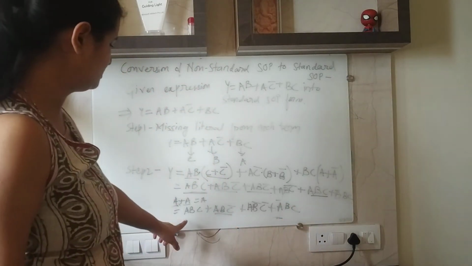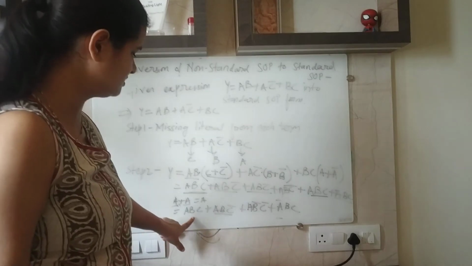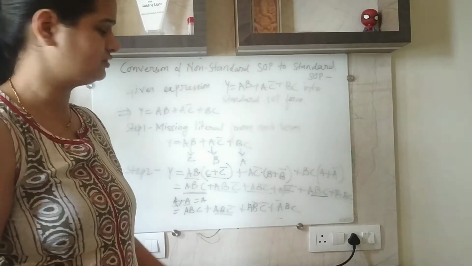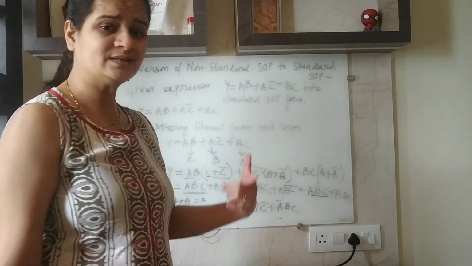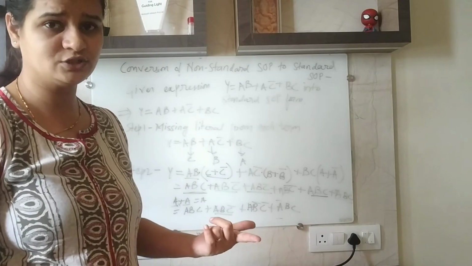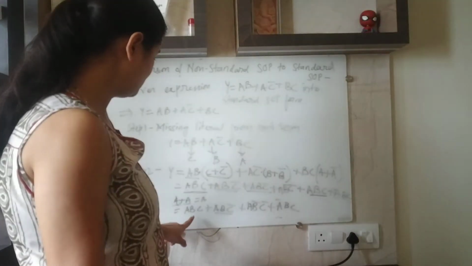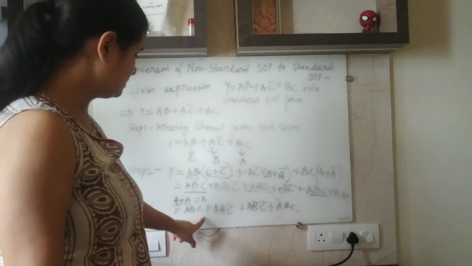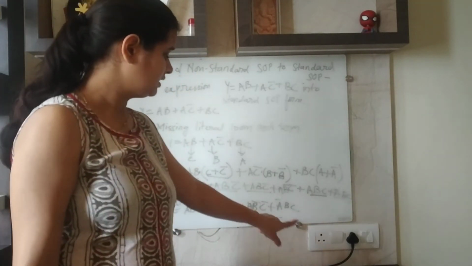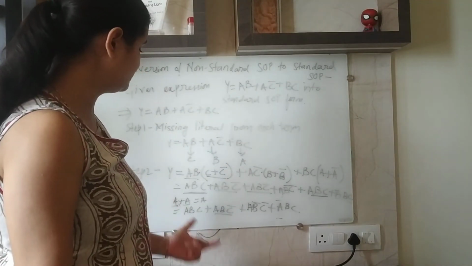So now this equation will not be further simplified, right, since the four terms are different from each other, right? So further it cannot be simplified. We can simplify it again, but what happens is that it will not remain in standard SOP form and we want the equation in standard SOP form, right? So here you can see that 3 literals are there in this equation and all the 3 literals are present in each term, so that's why here we got the standard SOP equation, right?